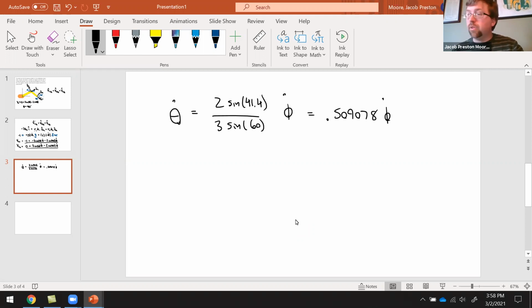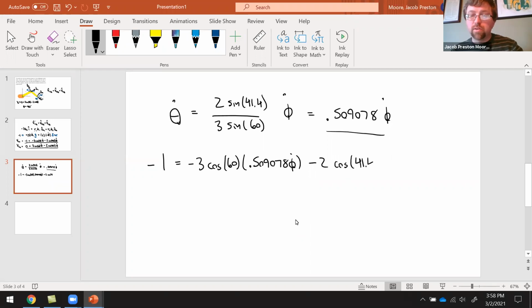All right, that gets substituted in to my x equation. So I take this and sub it in for theta dot. So I get -1 is going to be equal to -3 times the cosine of 60 times 0.509078 phi dot minus 2 cosine of 41.4 times phi dot. Solve this for phi dot. So if I simplify this down, solve for phi dot, I would find that phi dot is going to be equal to 0.442